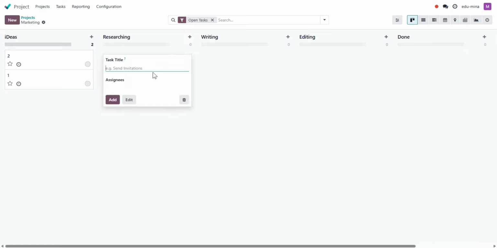In the researching stage, we can split the work into 3 campaigns. For example, if we need ideas for campaign 4,